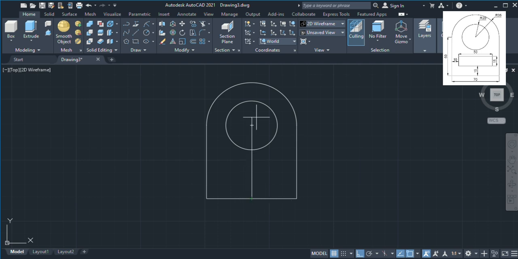Okay, move upward for 15, and then you can start to draw to the side, which is 25, and then upward for 15, and then to the left 50, and then go downward 15, and go back to the center line 25. Delete the reference line, and then